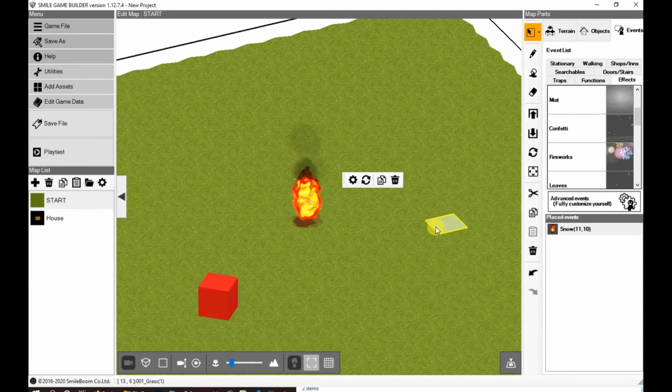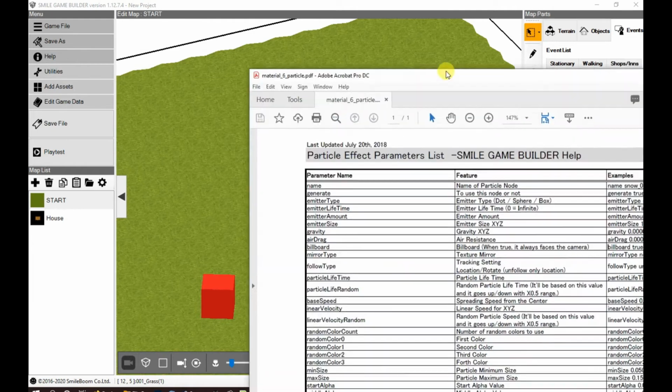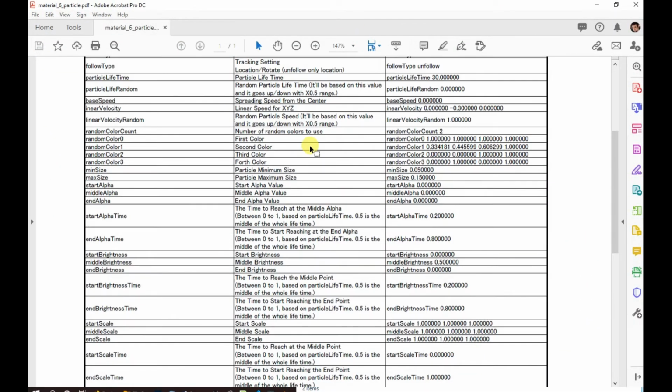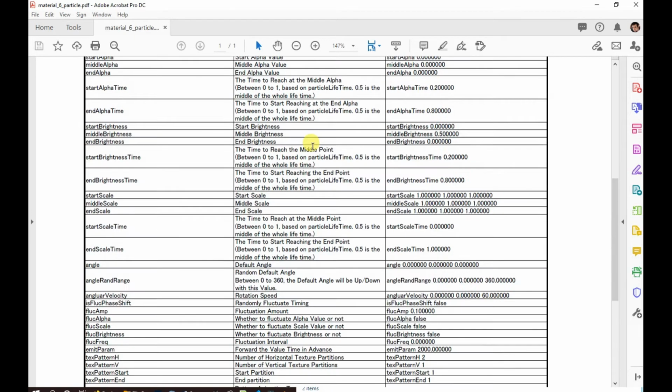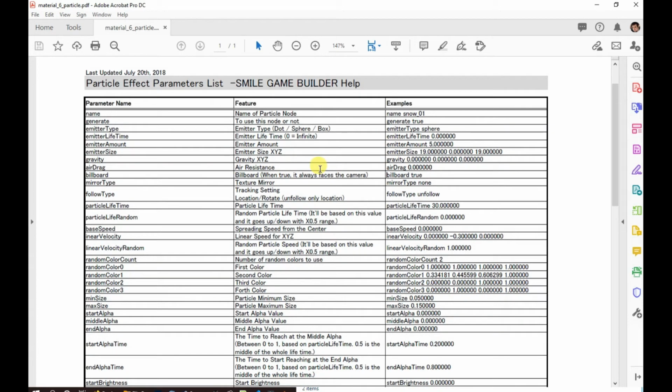Actually, not real quick. If you go to the Smile Boom website, and you go all the way at the bottom, and then you go to help, there's a section with different PDFs, and the very last one on there is about particles. So when you click it, you actually get this, and this is a list of all the values on how to change things. So this is kind of like your key. If you don't understand what something does, just come back and look at this and it'll kind of explain it. So for example,